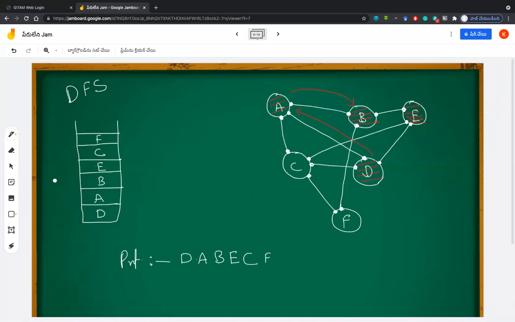Okay, A, B, C, D, E, F, right? And this was also visited. And coming to F, C and B are only connected, and hence nothing is left here. So what I will do, I will include some other node, G, something like this.